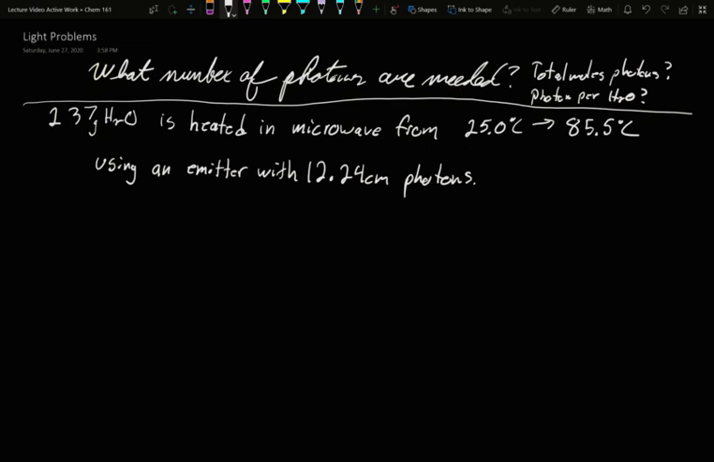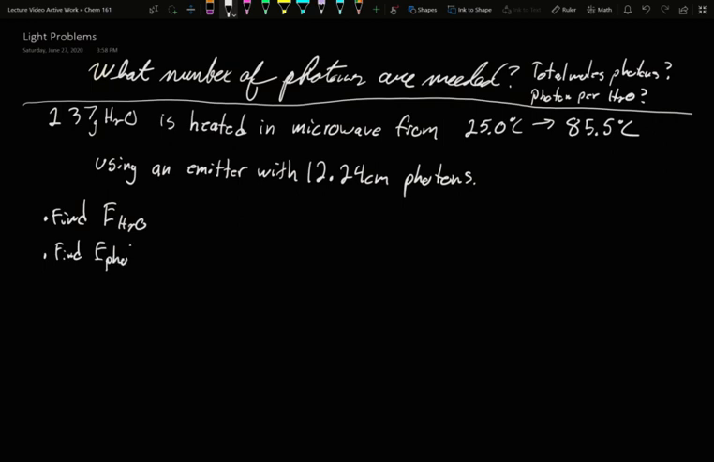Well, I'm heating my water. So think about the process here. I'm putting energy into my water using photons. I need to know how much energy I put in. So we need to find the energy of the water. Once I know the energy of the water, I also need to find the energy of